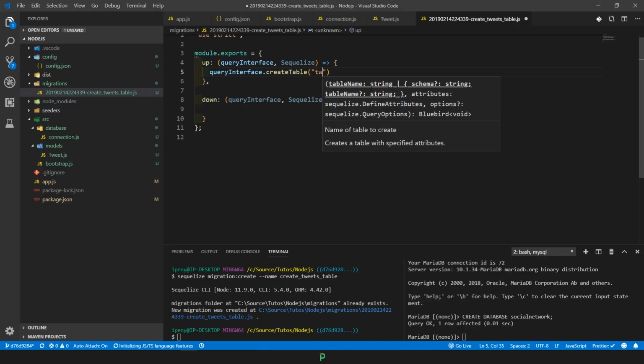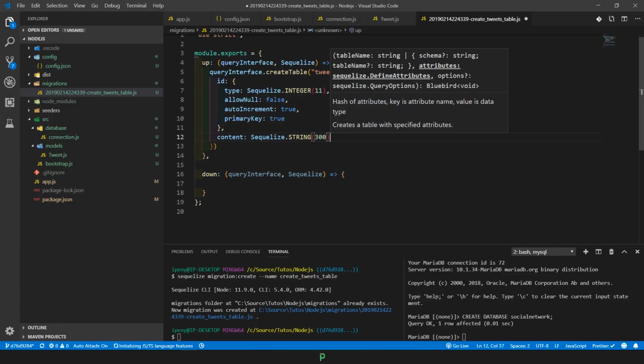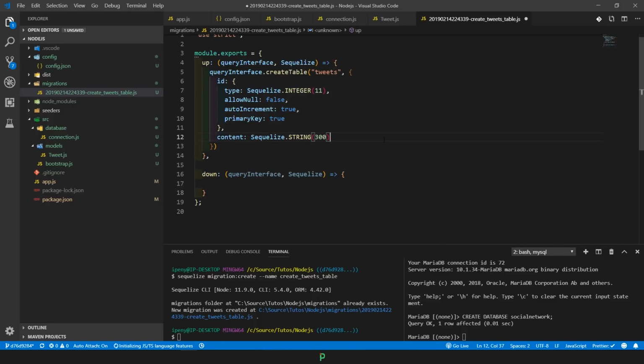So what is the table name? I'm going to name it tweets. The second thing, it takes the actual schema. I'm just going to paste in the schema with an ID, the content, and there's one more other thing very